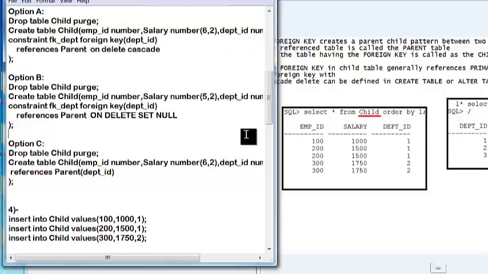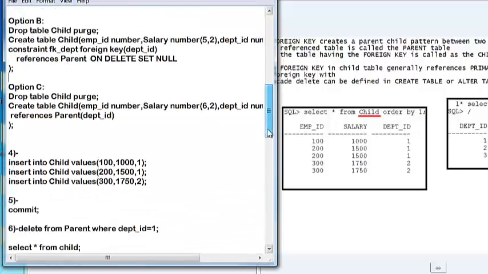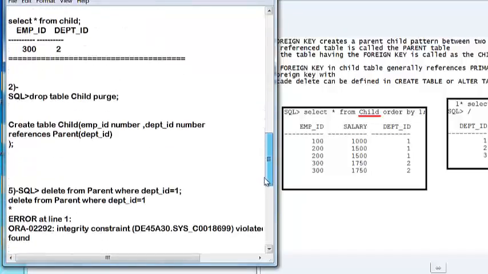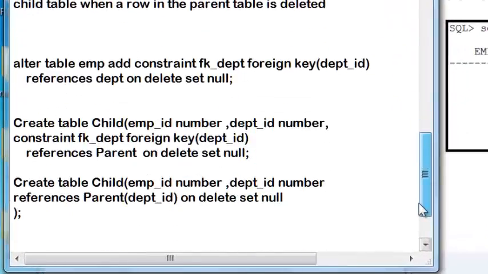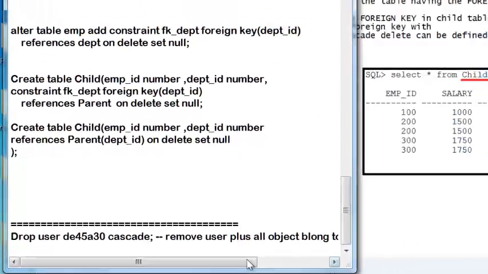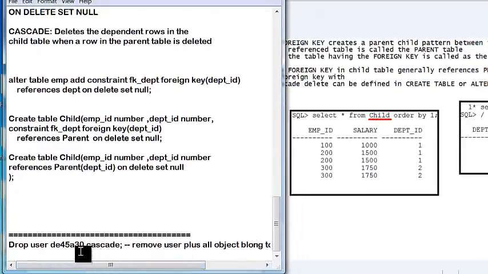This is an option of data definition language. Another option, delete cascade, we have in data definition language. I can use the drop user DE45830. If I try to drop this one, DE45830 containing a lot of objects like this option that you're going to see,